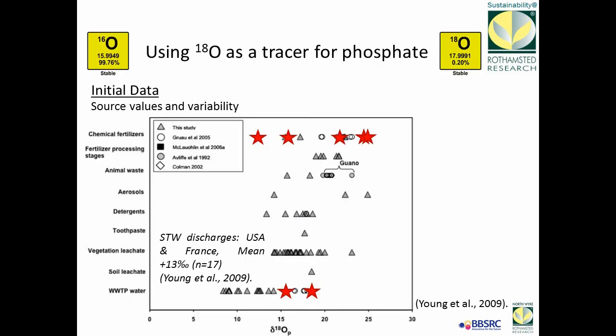I said I didn't really have many isotope numbers. This is it. The red stars are our numbers. This is the graph I showed you previously with the source values you just saw. We've done some fertilisers within this catchment. These are all collected from 5 farms. You're looking at numbers broadly comparable with those already reported. A bit of a wider spread perhaps, which doesn't help us with our distinct source